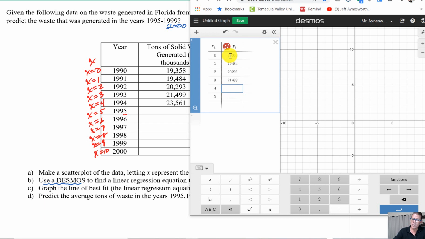Oh, we've got to go up to x equals 4. Yeah, I entered too many values there. So delete 5. Okay. And then the last value is 23,561. Okay, so once you have your data in, what you want to do here is calculate the